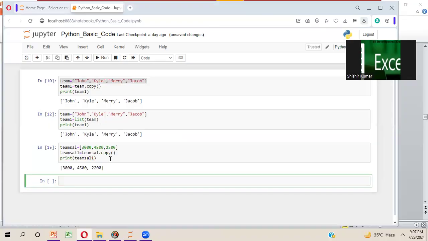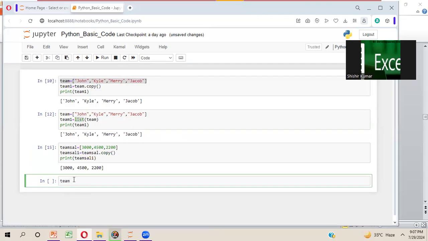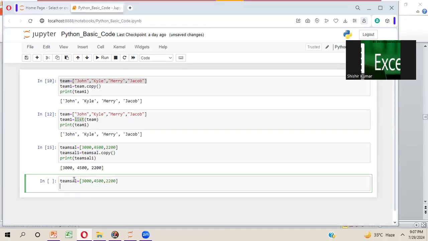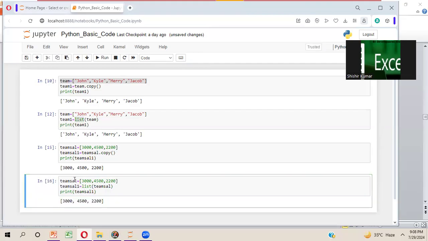The same approach I will apply using the list function. So you need to take here team sal equal to 3000 comma 4500 comma 2200. Then you have to come here and write down team sal 1 equal to list, and then you need to write here team sal. This is the name of the first list. Then you have to print team sal 1, run it. So see here,